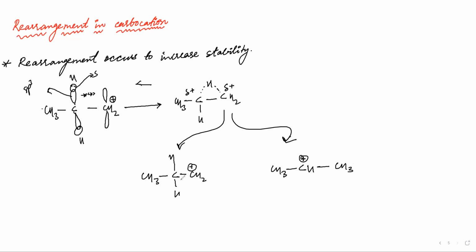What will happen? Now you have to look at which is more stable, right? If two things can form, you have to see which is more stable. If I want to compare between these two, which one of them is more stable? If I'm asking about the stability of carbocation, the next thing that you have to see is whether there is any resonance. If you see a pi bond, look out for resonance. Is there any plus I or plus H happening? Then look out for that and tell me between A and B, which is more stable.